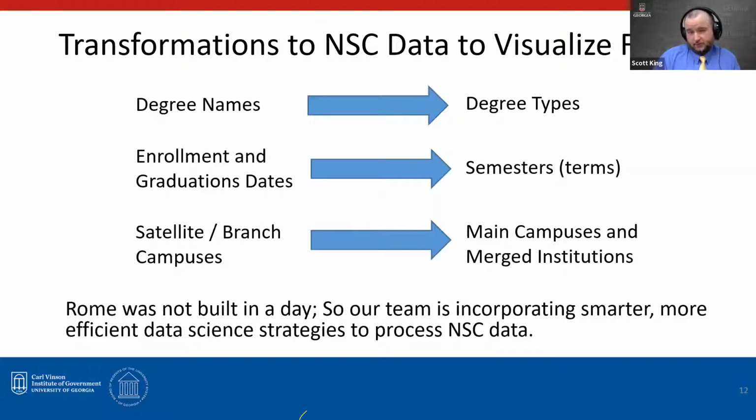David mentioned, and there was some response in the Slido poll, about how messy Clearinghouse data can be. So we had to address some of the problems that we saw within the Clearinghouse. One of those areas was degree names. So we utilize our knowledge of data science, and we're continuing to use our team's knowledge of data science to improve our processes and methodologies in trying to classify degree names into degree types. So taking the actual names that are listed in the Clearinghouse data and converting them into things like baccalaureate level